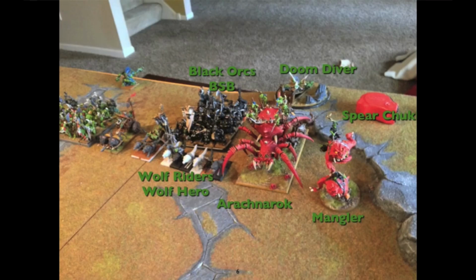And so here's what I brought. Off screen, there's a Spear Chucker you can't see, but I have a Doom Diver, a Mangler, and a Ragnarok. 24 Black Orcs, there's a BSB in there. And then here, I wanted to try something to eat the War Machines, so I brought this little dire wolf there. He is a wolf hero character that I put on, or goblin character I put on a wolf, and